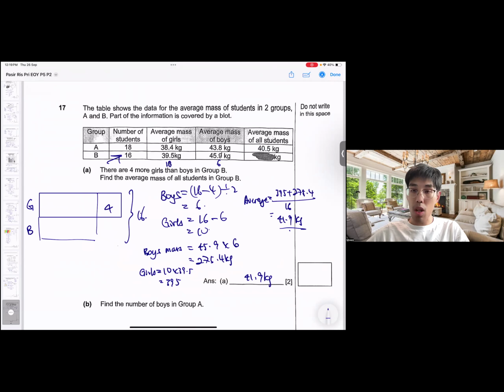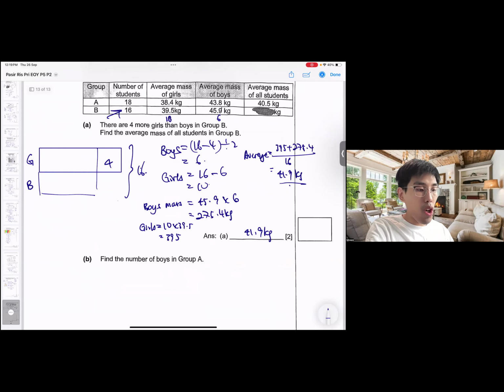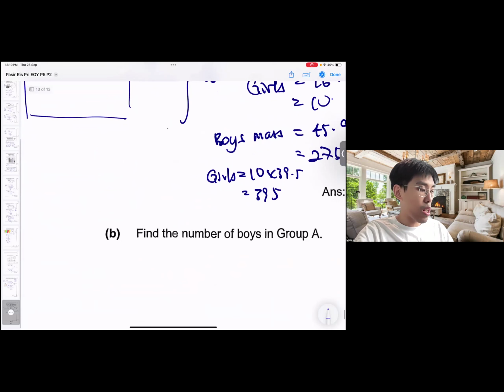A few ways we can talk about this is, number one, we can use assumption, guess and check. Assumption, guess and check, all in the same category. So from here, how can we do so? The average mass of all the students is something we can find first. The total mass,